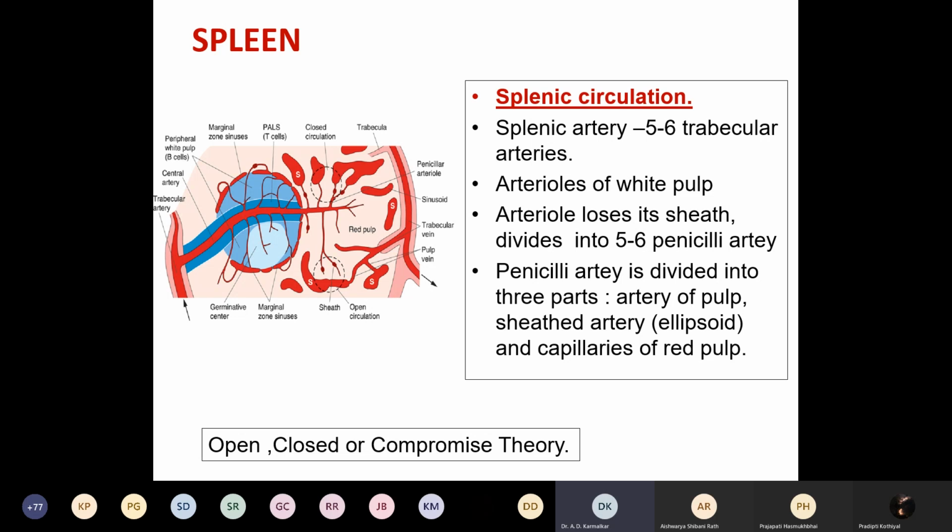I'm not going into detail on this. You can read from the book, okay? Because we have to see other slides also, which are very important. But for the spleen, what you remember is that it does not have a cortex or a medulla. It has the white pulp and the red pulp. White pulp is an aggregation of lymphocytes surrounding the central arteriole, okay? That you remember, and the red pulp is in the form of cords and sinusoids.